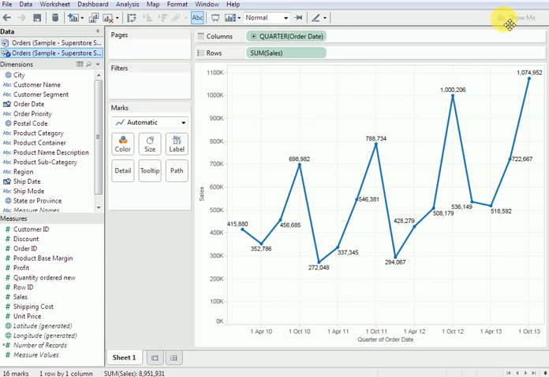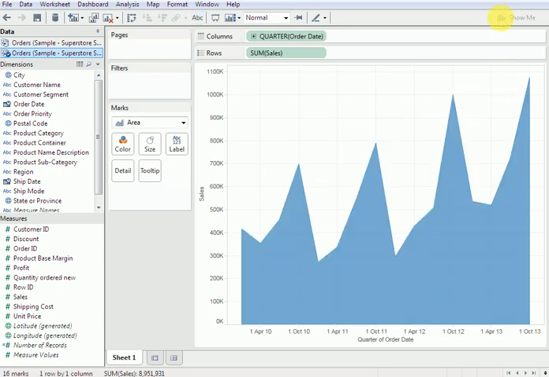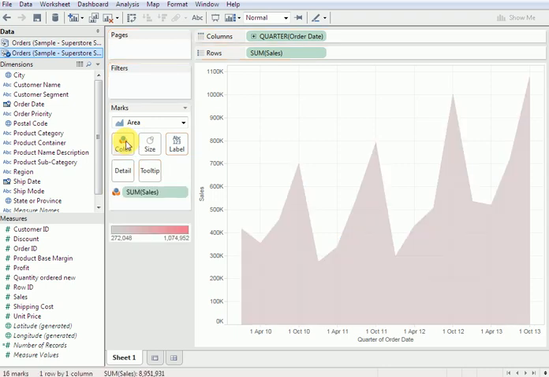The same way, if you go for the area chart, the next chart is the area chart. It's a different one, discrete. I'll talk about this in the later part. So click on area chart. The same way you are able to see it in the area. Like if I also want to change the color of it, I'm going to go to the sales